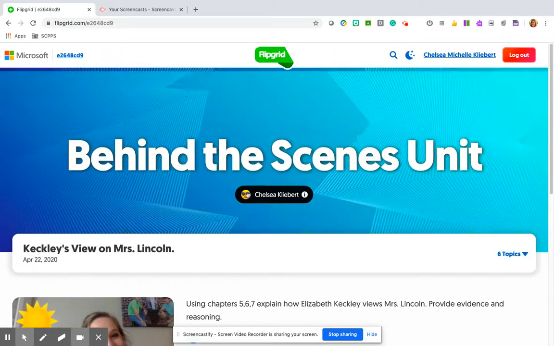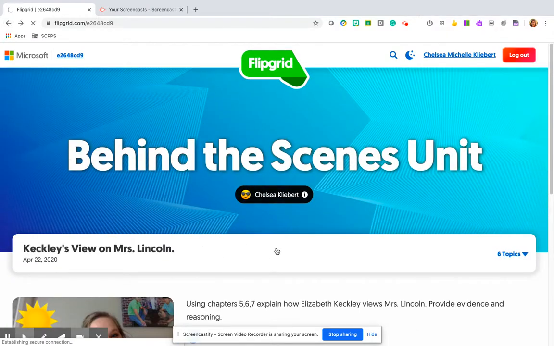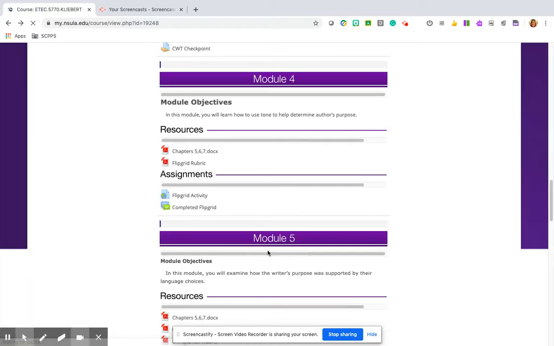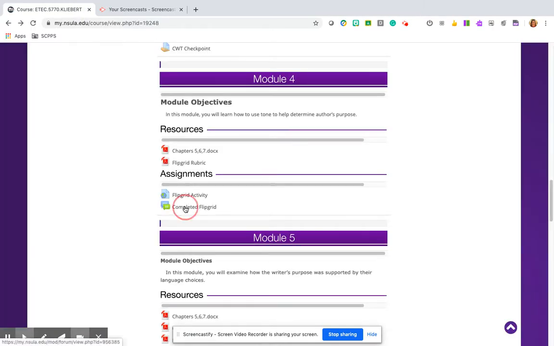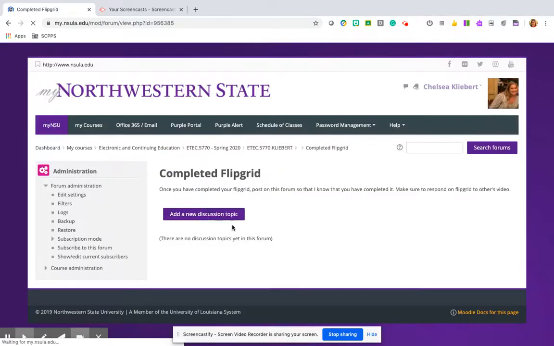So that's why I decided to do that. So they can respond on here. And if they don't want to respond using video, they can come back and use this complete Flipgrid. So once they're done, they can say, I have posted the Flipgrid. And if they want to respond to someone, they can respond through text, or if they want to respond through video, they can do it on Flipgrid.